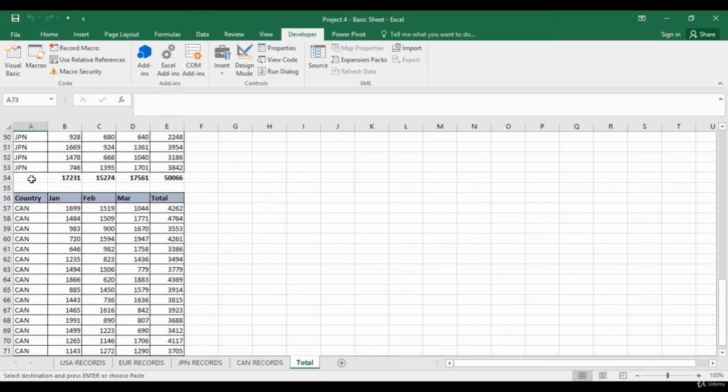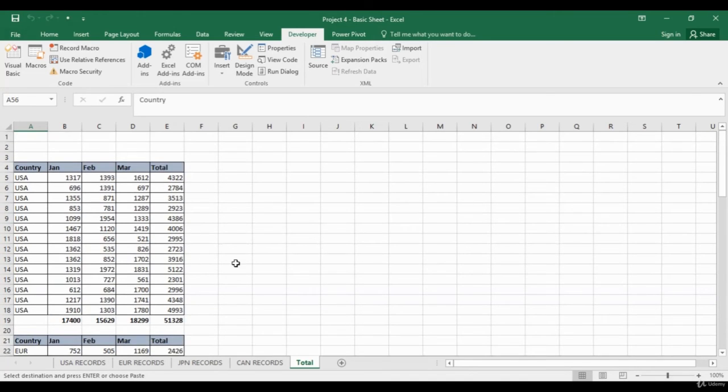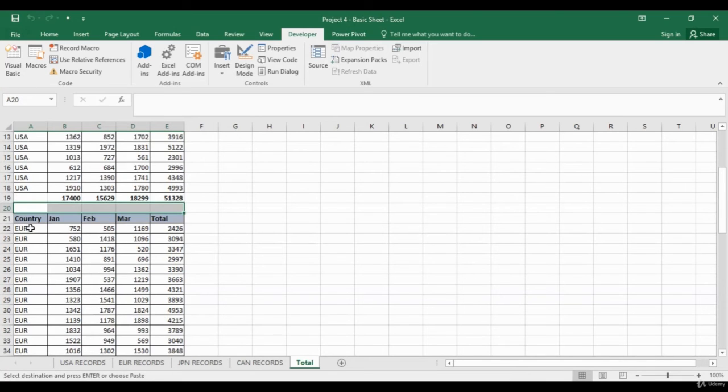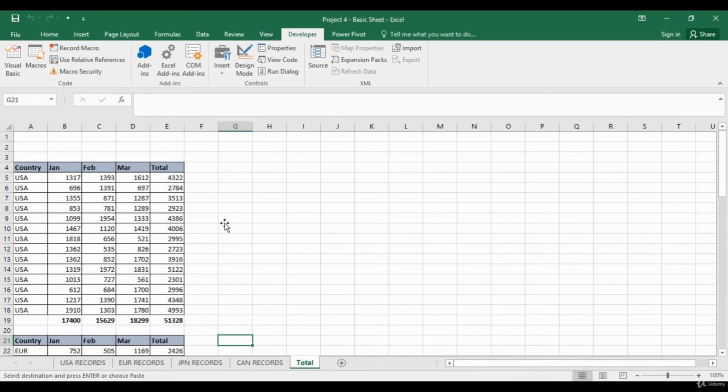Since I have given 3, it prints here: offset 1 is here, offset 2 is here, offset 3 is here. That's why it is printing here. What if we give offset as 2? Then it is going to print here, and we will not have a space. That's the only difference. I hope it is very clear how we are using the macro.